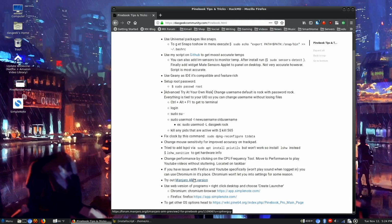Use the web version of programs. So this is kind of a trick in case, for instance, you have trouble installing. For me, I use Simplenote to take all of my notes, but I could not get an ARM version of Simplenote to run. There's no Snap version. I have basically no other option but to use the web version. So what I did here is to make myself a little icon so I can quickly get to my notes,